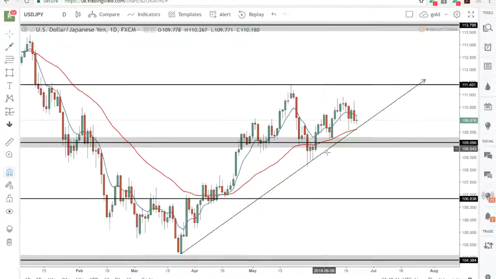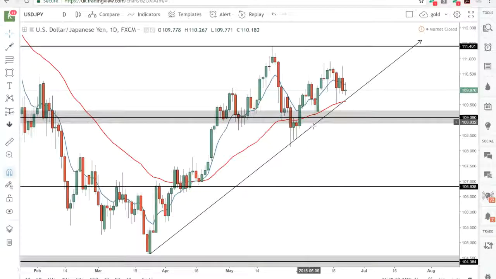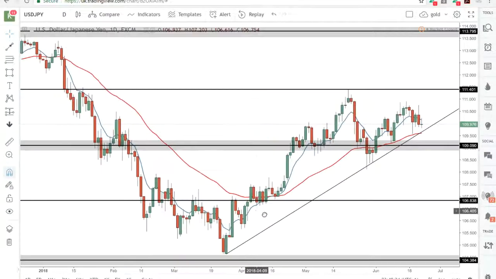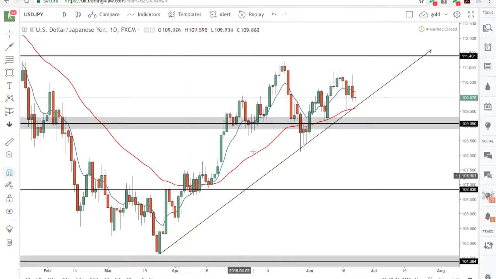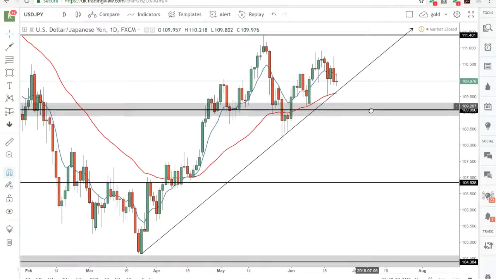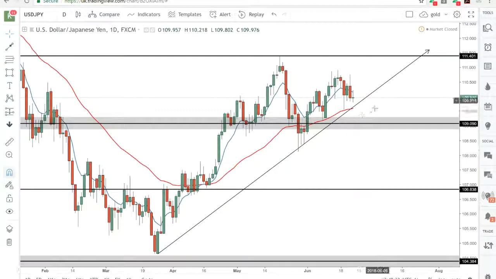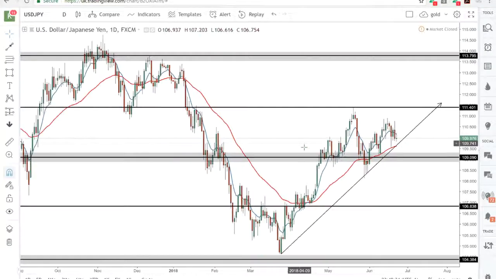So I would say that we're no longer bullish on the dollar yen. The dollar's had some strength for quite some time, but this would suggest that we could start to see some downside on the dollar. If we zoom out a bit,